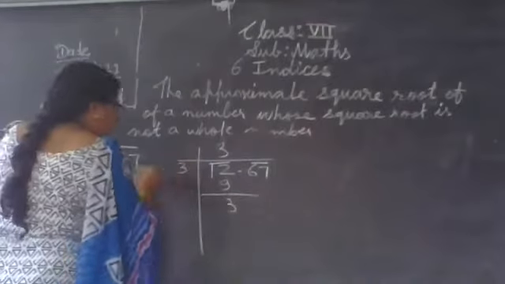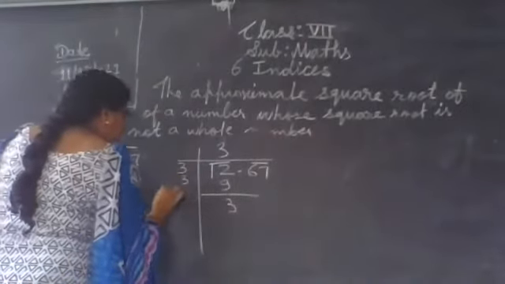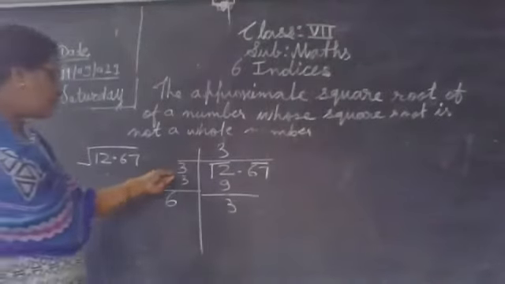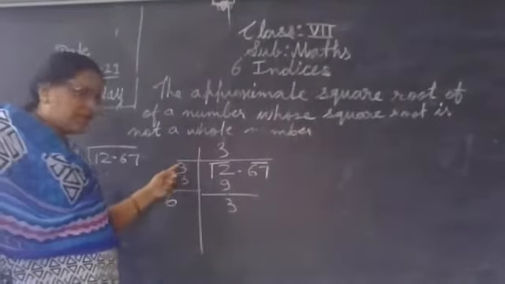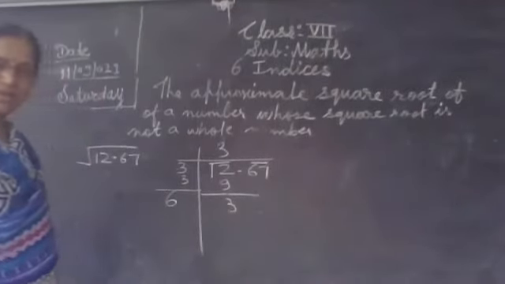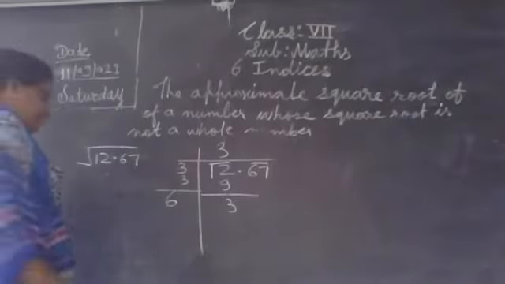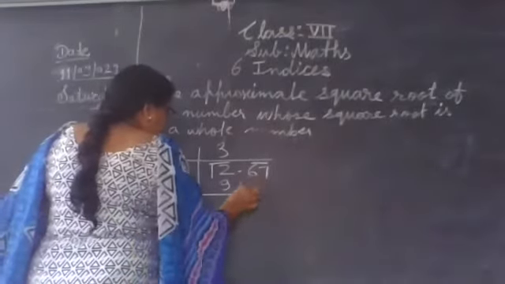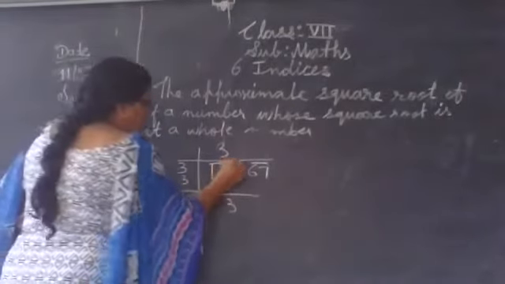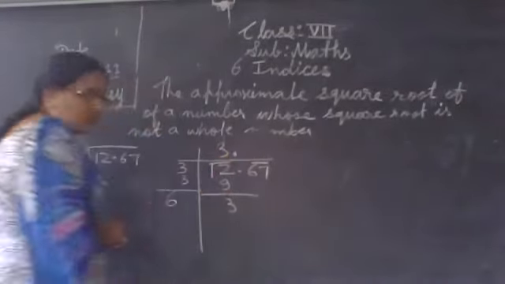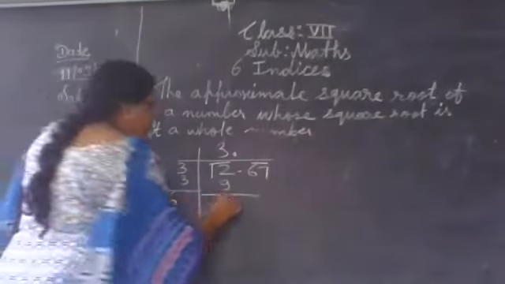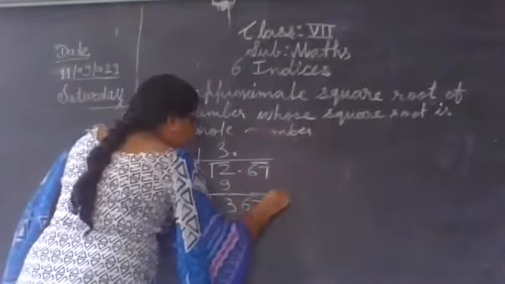Okay, here write 3, then add 3. It becomes 6. Okay, so you have to write the same number here and add the same number, to get another divisor. So here the division of this whole number is 1. So put a decimal point and bring down this pair. So it becomes